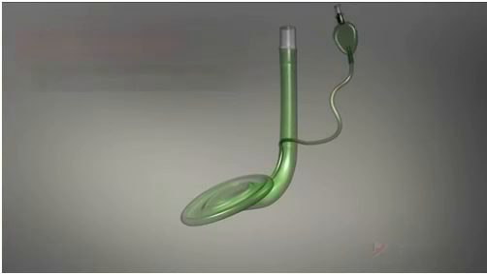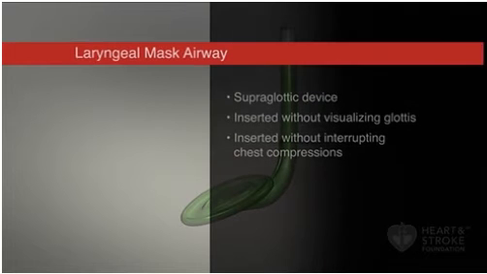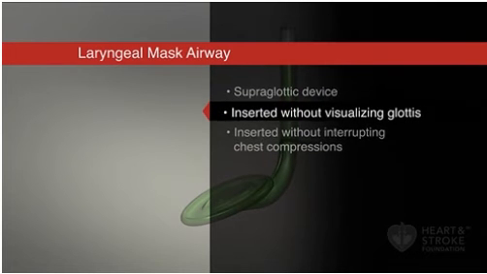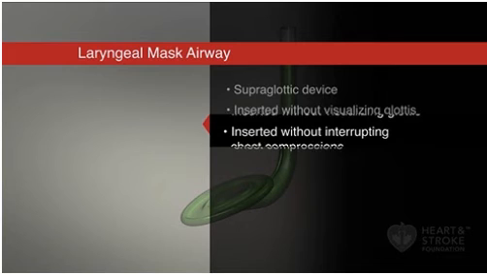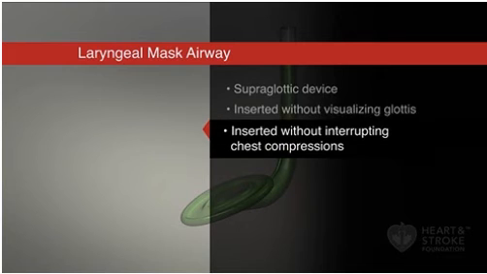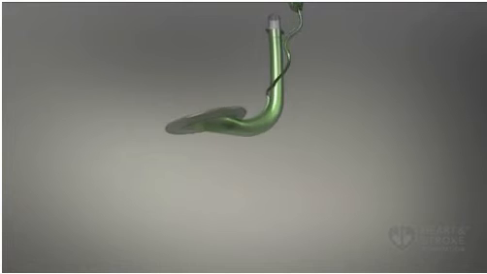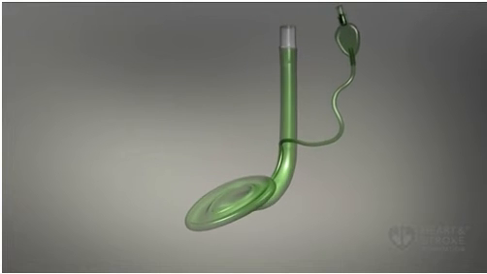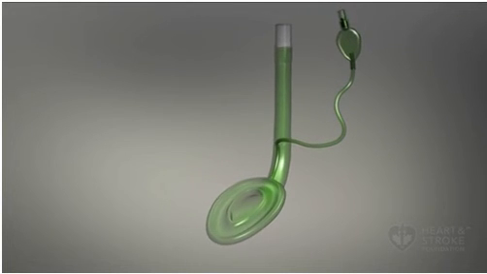The laryngeal mask airway is a supraglottic airway device that healthcare providers can insert without visualizing the glottis. In addition, it can be inserted during CPR while chest compressions continue uninterrupted. This makes training easier and insertion more reliable. The laryngeal mask airway is a tube with a distal inflatable cuff shaped like a mask that is placed in